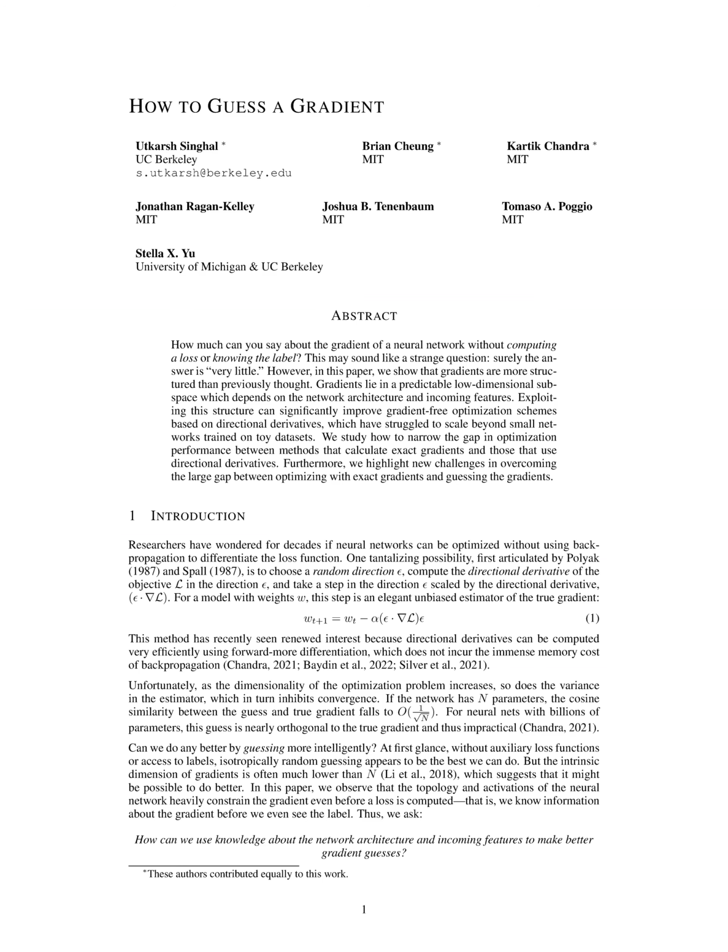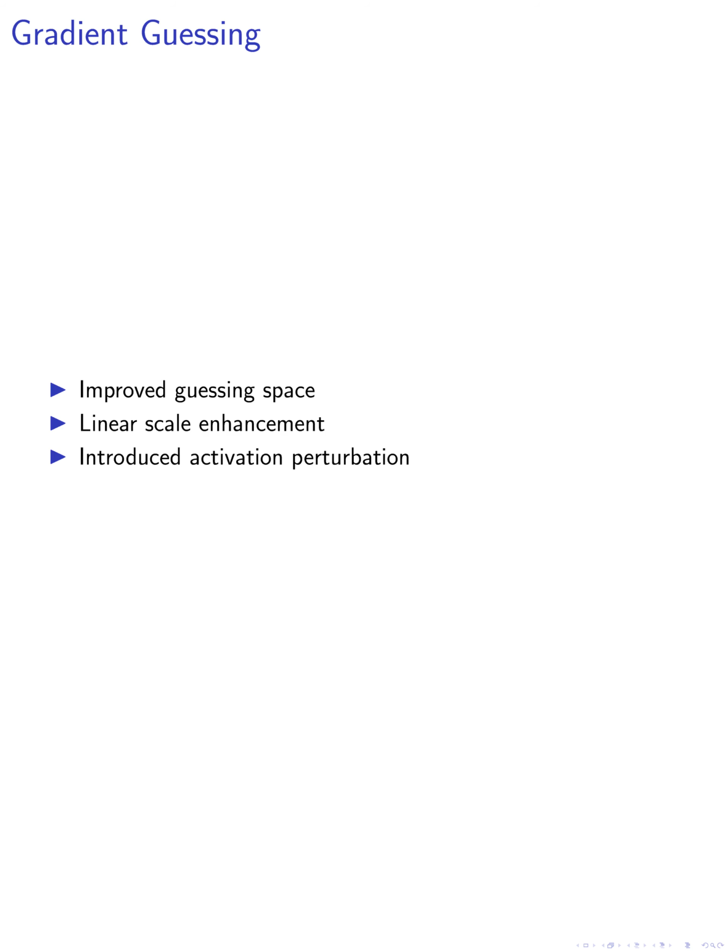In this paper, we delve into the intricacies of architecture-aware gradient guessing. We have significantly improved the guessing space from a quadratic to a linear scale, a crucial enhancement for neural networks with millions of parameters. We also introduced activation perturbation as a method to estimate the low-dimensional gradient, a novel approach